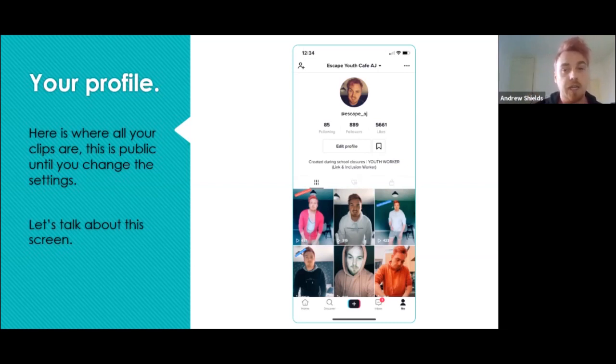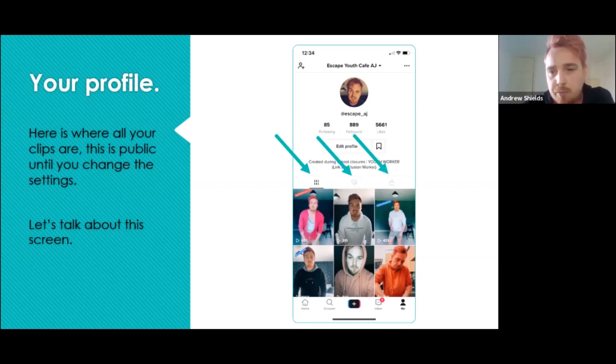Because the song is very popular, it just means that anybody can see it. I think that's another message to get across to young people: when they're using it, it's not just those that can see your profile. If your profile's not private, then your video can be seen by so many people. So this here, where the blue arrow is, is your grid. All your videos will be here. Again, if your page is not private, then anybody can come onto your profile using your username and see your videos. Then it's very, very light, but it's a love heart with a little eye with a mark through it. That's your draft videos.